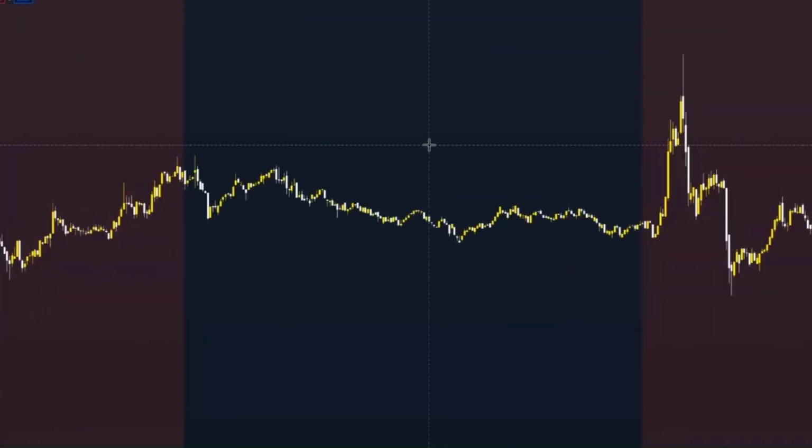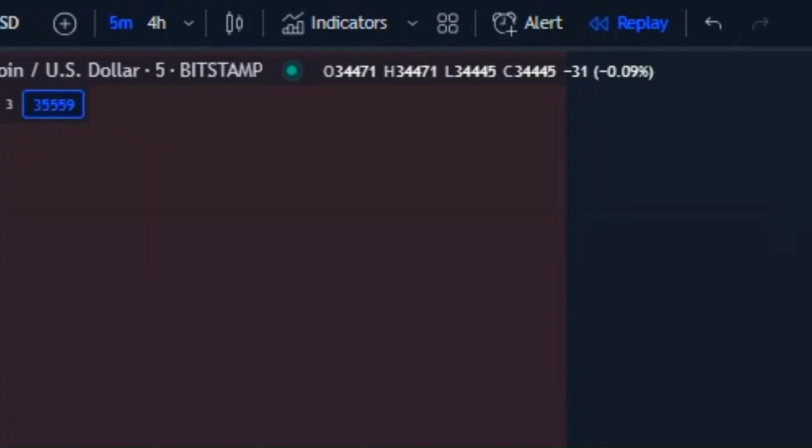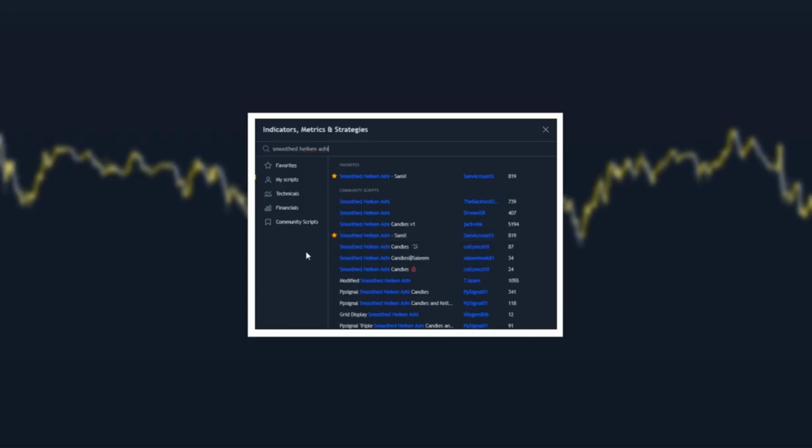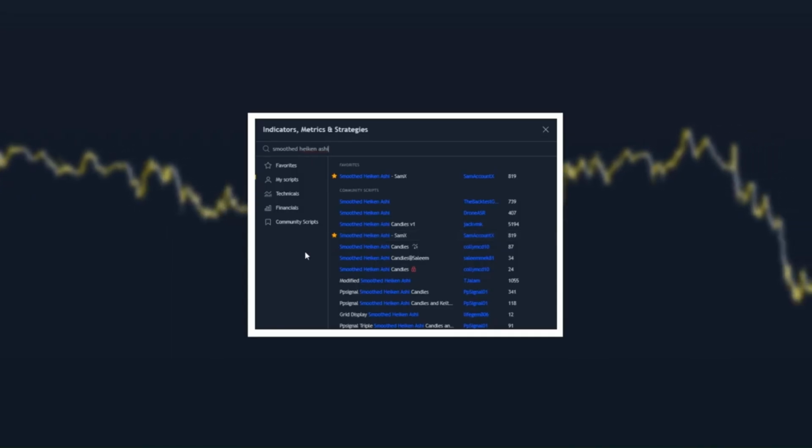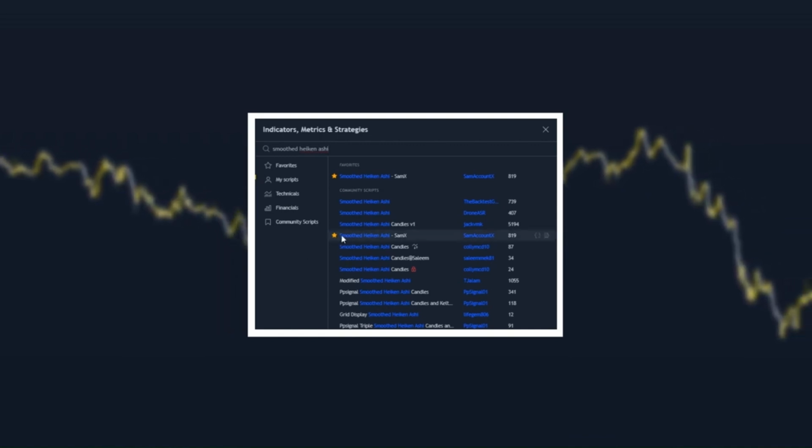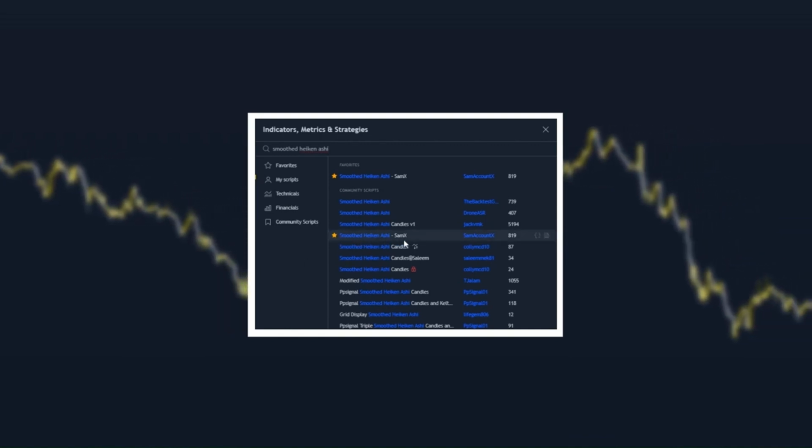So we're now going to add this indicator to our chart, and it's very powerful, I promise you, but make sure you watch exactly what I do now and follow all of the steps. Okay, so click on indicators at the top. Now to find this indicator, type in smoothed Heiken Ashi, and it is the smoothed Heiken Ashi Sam X indicator